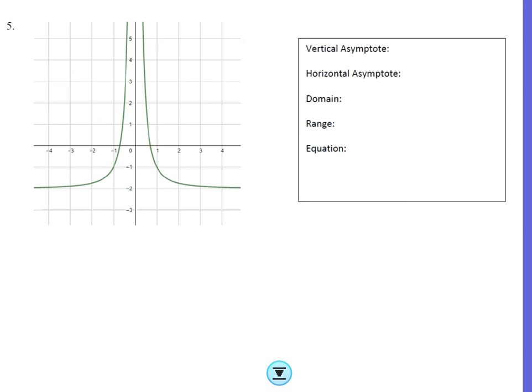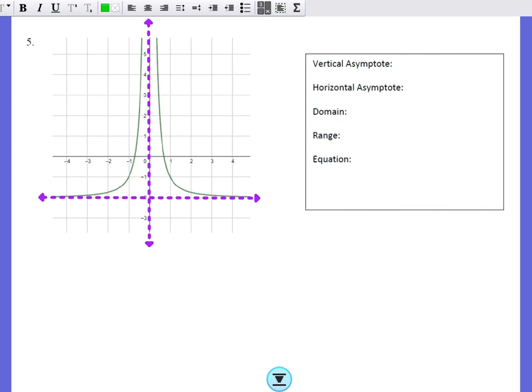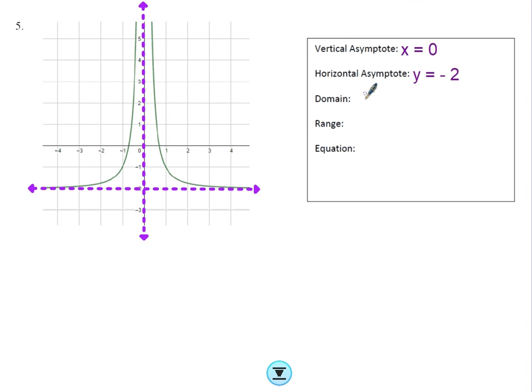All right, and in example 5, we have this asymptote here and here. So our vertical asymptote is now on our y-axis, x equals 0, but our horizontal asymptote has shifted down, y equals negative 2. Our domain now,